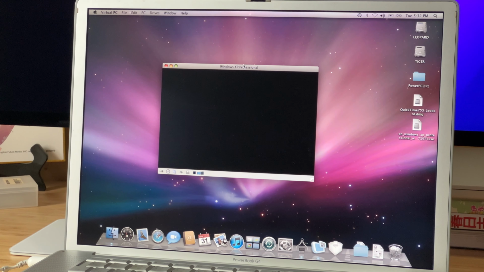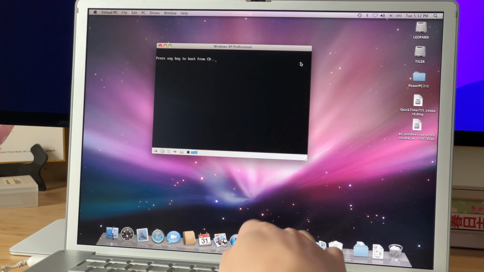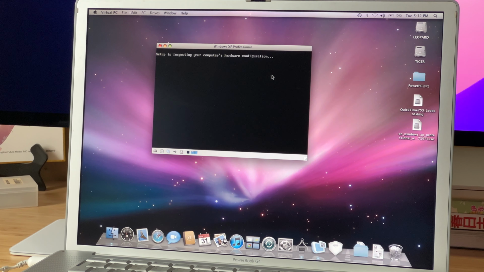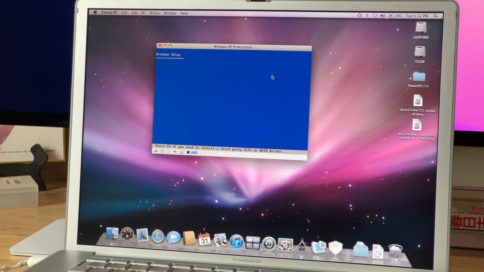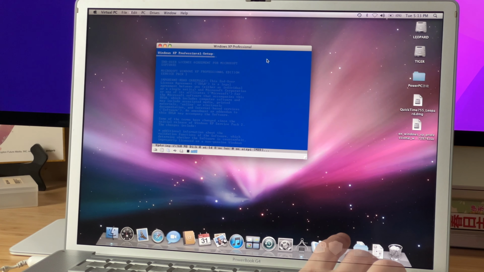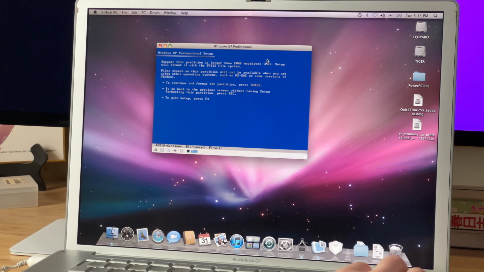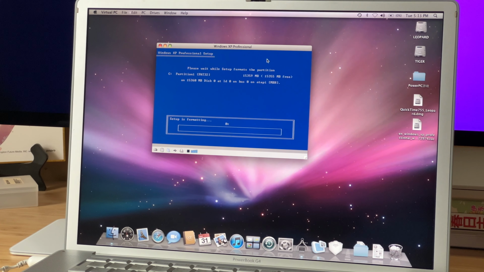Type Ctrl-Alt-Delete and press any key. Okay, here we are, the Windows setup. So next is partition, format, quick. Okay, setup is formatting,